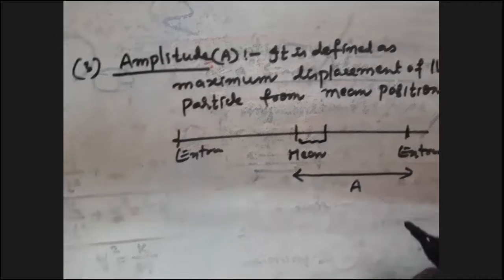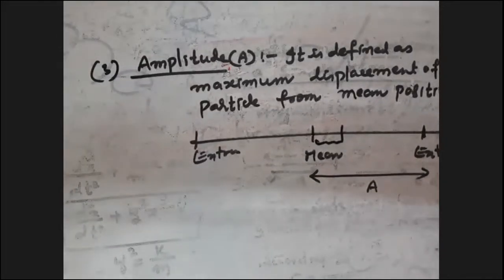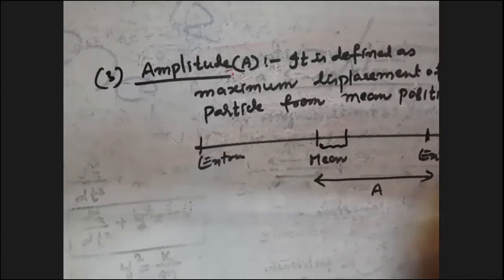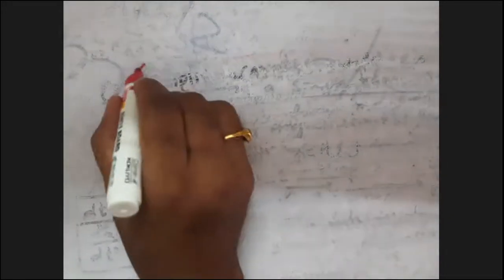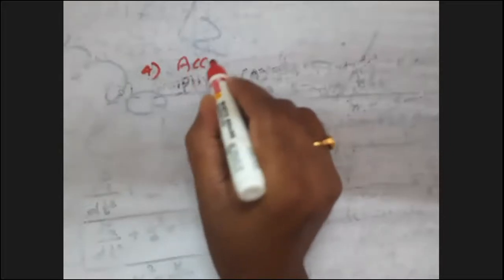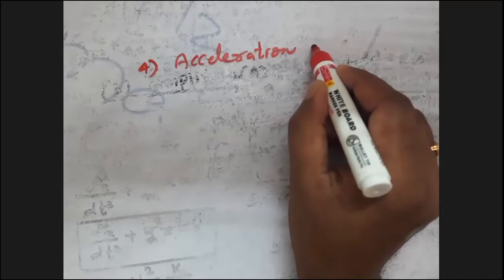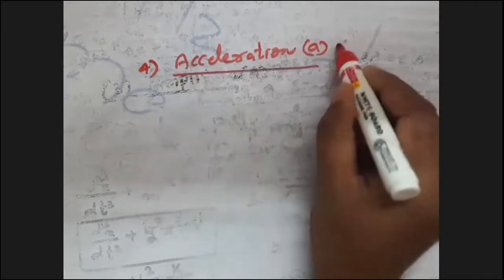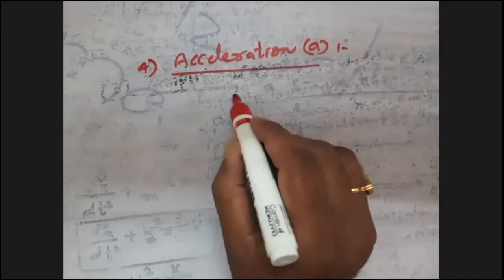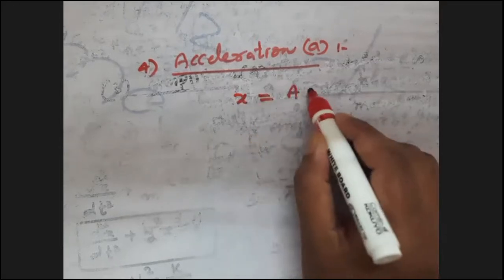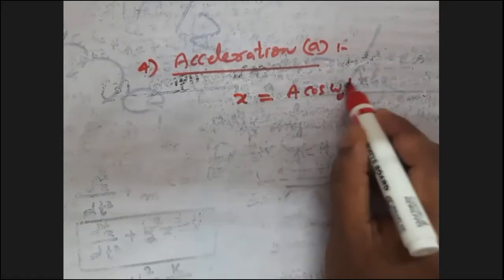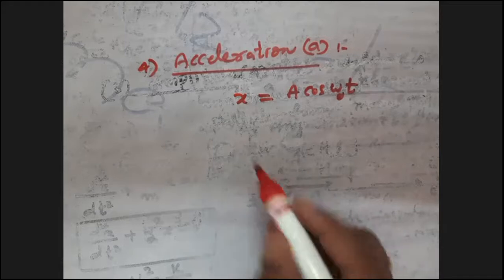Okay. So physical characteristics, till now we discussed the displacement and velocity of the particle. The third one, amplitude. Next, acceleration. The fourth physical characteristic is the acceleration of a simple harmonic oscillator. What is the displacement equation? x is equal to a cos of omega naught t, where the initial phase is 0, of course.